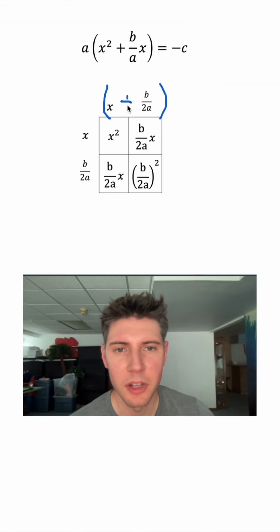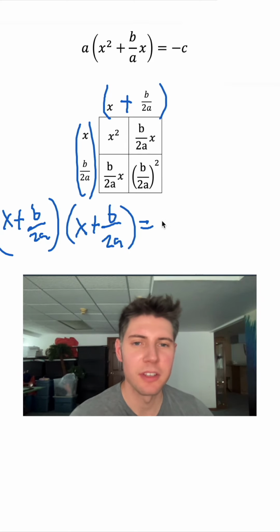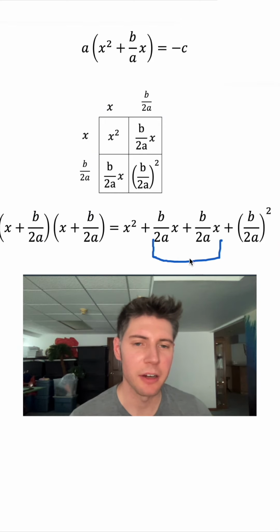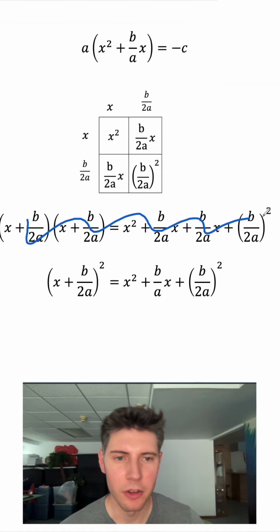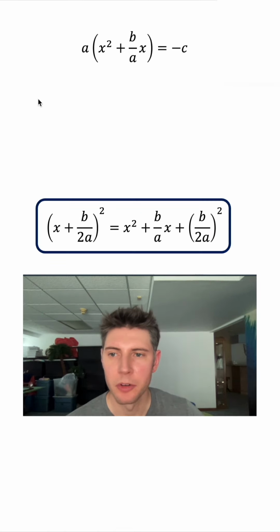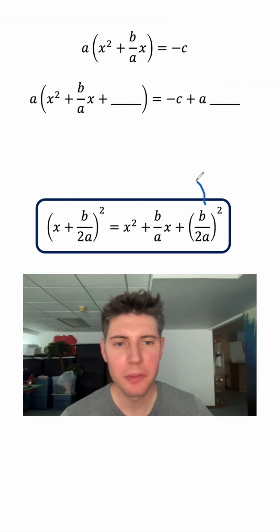This x plus b over 2a times this x plus b over 2a is equal to the sum of all this stuff inside right here. These two can add up to become just a simple b over a times x. So let's get rid of all this. Don't need this anymore either. So I'm going to rewrite this down here, but I want to put some spaces in there for me to complete the square. So if I put this b over 2a squared right here,